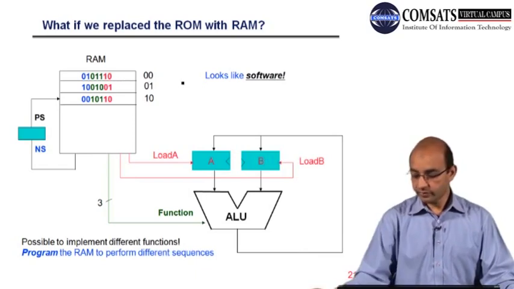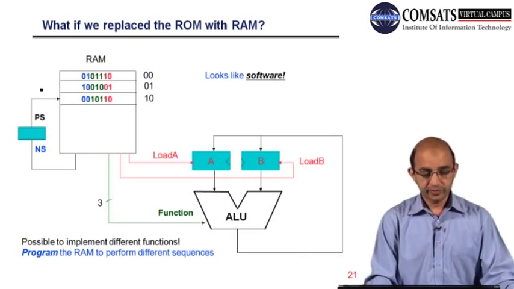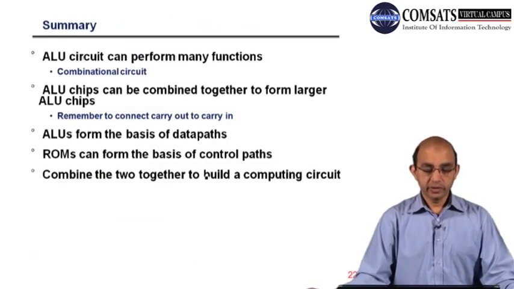Now you can see that we actually have the software, and the rest of the data path is the same. So you can see we have present state, next state, this is loading, and this is the feedback loop. So that's all